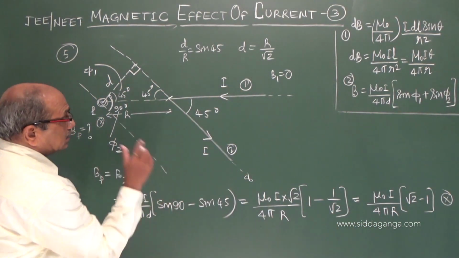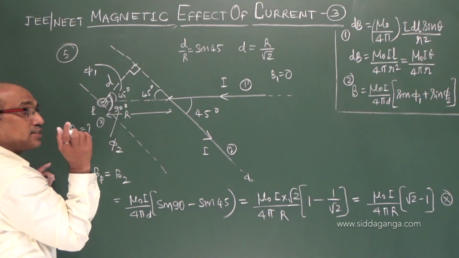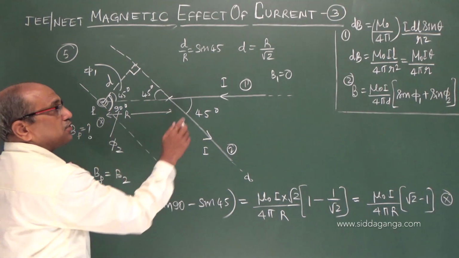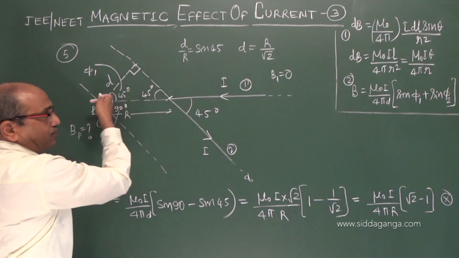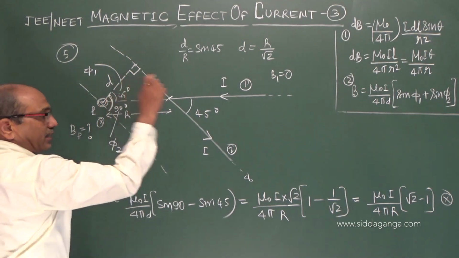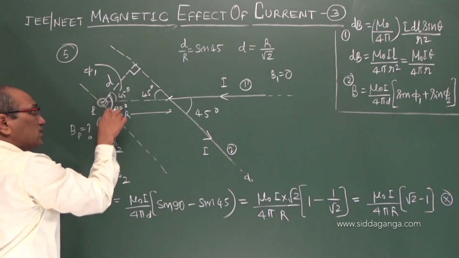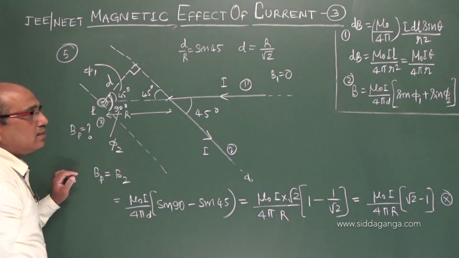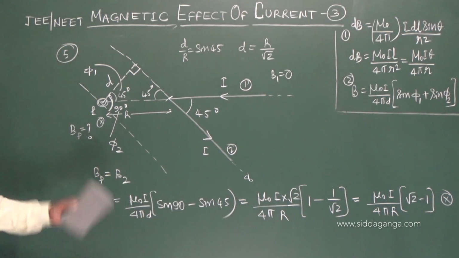But rather than how we use the technique, the conceptual clarity is most important here. If the point lies along the line of the wire, there is no magnetic field. And again, why did we take the minus sign there? Because here there is no conductor. On one side the magnetic field we deducted, and that is how the relation is simplified. So coming to the next one.